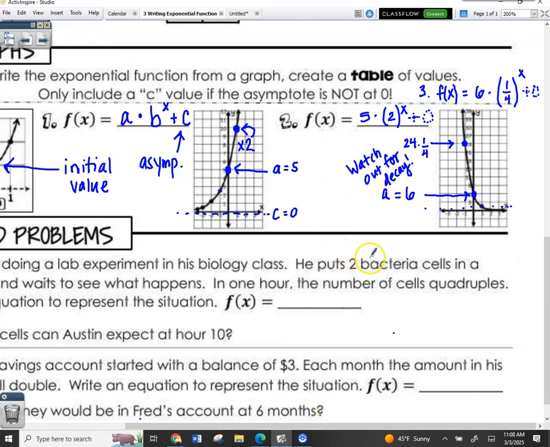How many did he start with? He starts with 2. A is 2. What is the rate it's growing? Times 4. So B is times 4. Right? So 2 times 4 to the x, excuse me,